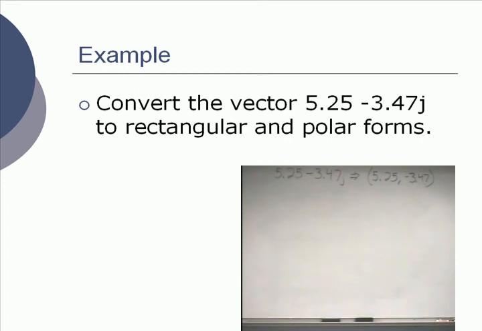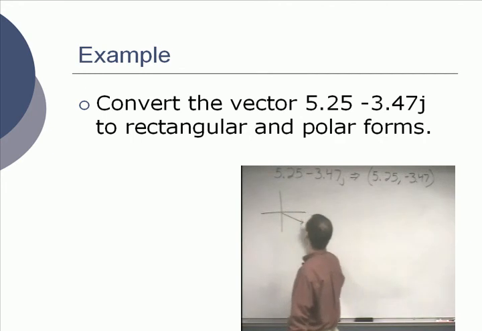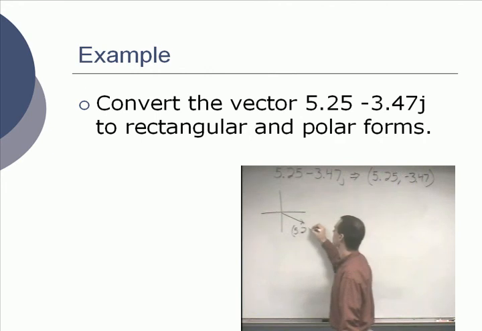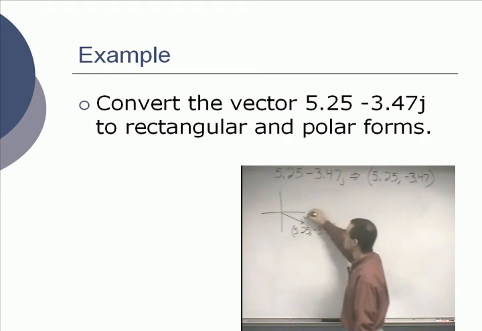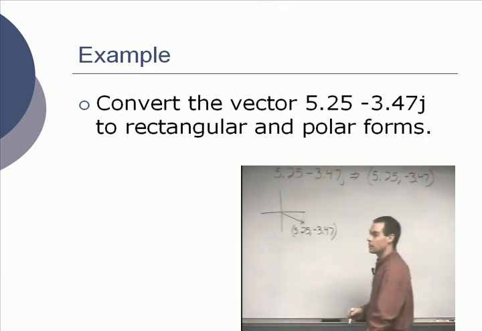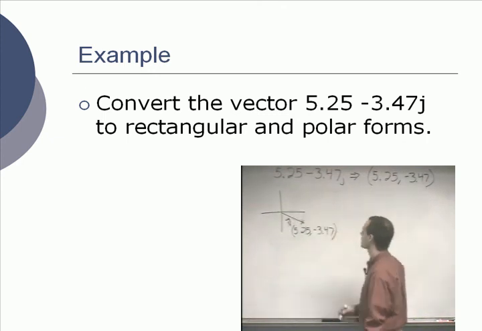What quadrant is this vector lying in, or pointing towards, I should say? Fourth quadrant. Don't need a sketch, but there it is. And the tip is located at 5.25, negative 3.47. Sketch isn't necessary, but those are just the two legs of your right triangle, so we can find the magnitude. We'll call the vector v here just to give it some name. Magnitude will be